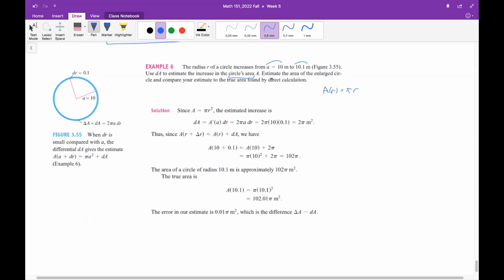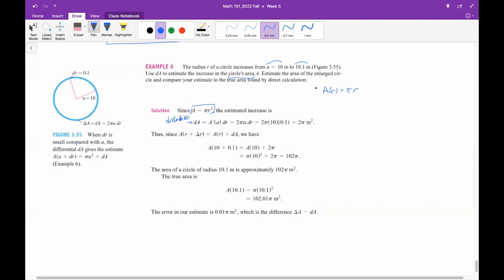And we want to do what? We want to estimate the area of the enlarged circle and then compare this estimation with the true value of the enlarged area. So how do we estimate it? As I said before, we will be using differentials to estimate in measurements. So if A is given with this formula, dA is A prime, the first derivative of